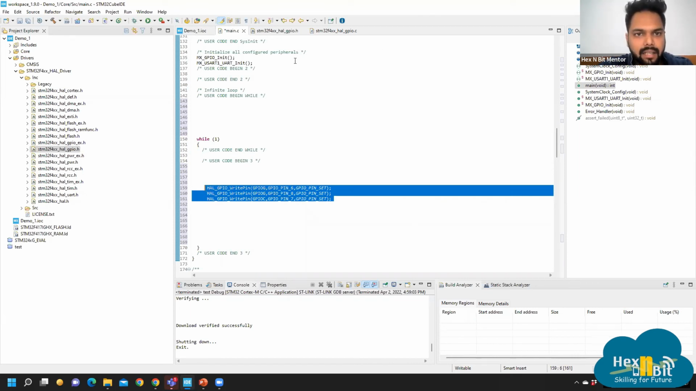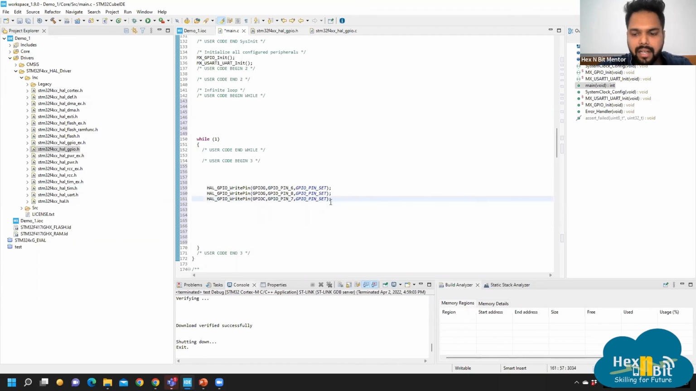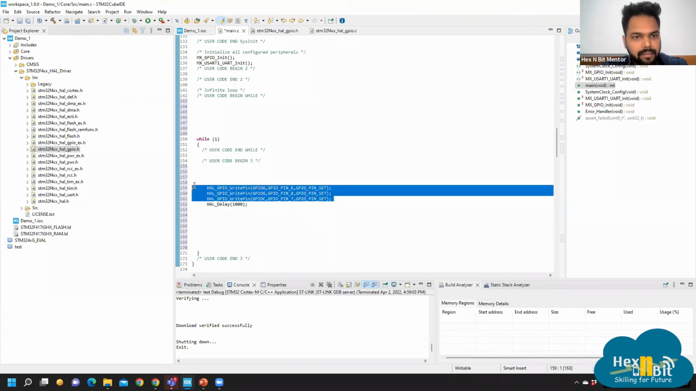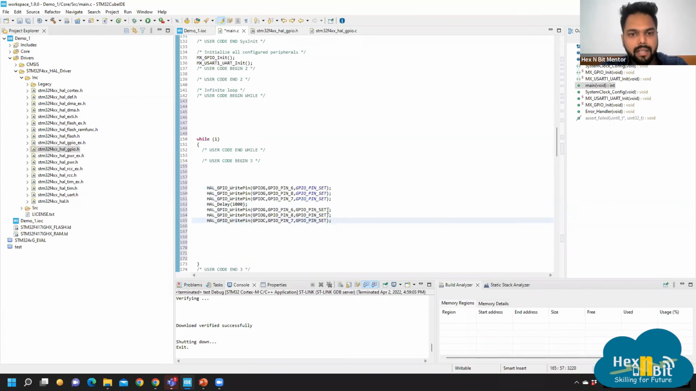Okay, so let's first run this code, or alternatively, we can add a delay. There is a function called HAL delay, which is a predefined function, and you can add a delay. For example, if I write 1000, it will provide a delay of 1 second. Okay, so I'll just copy this function again and paste it. So first, when we are doing the LED blinking exercise,